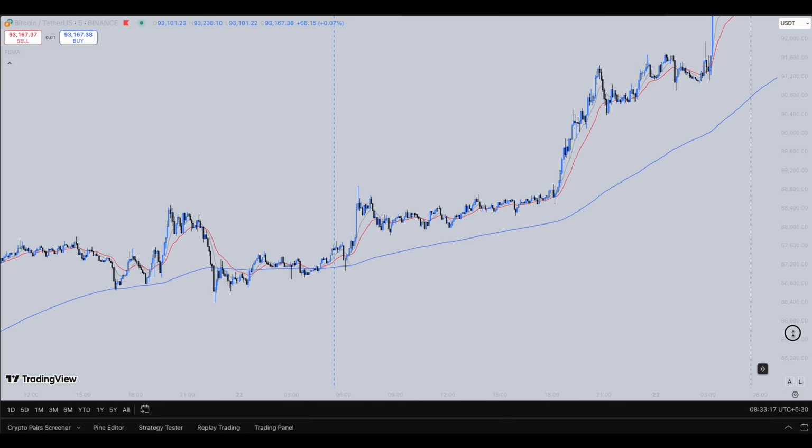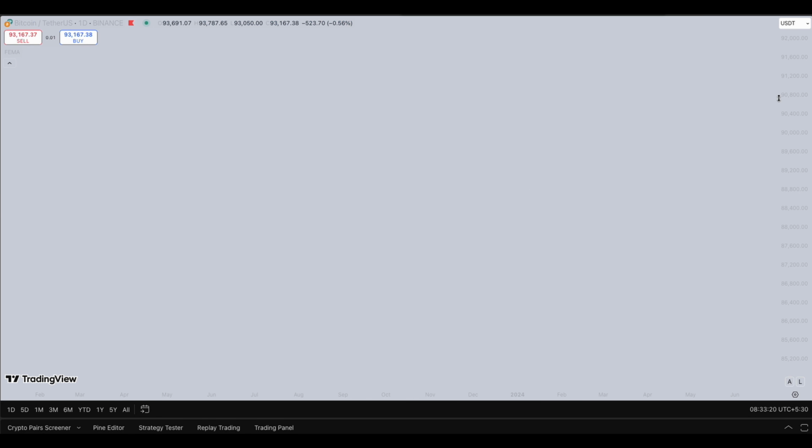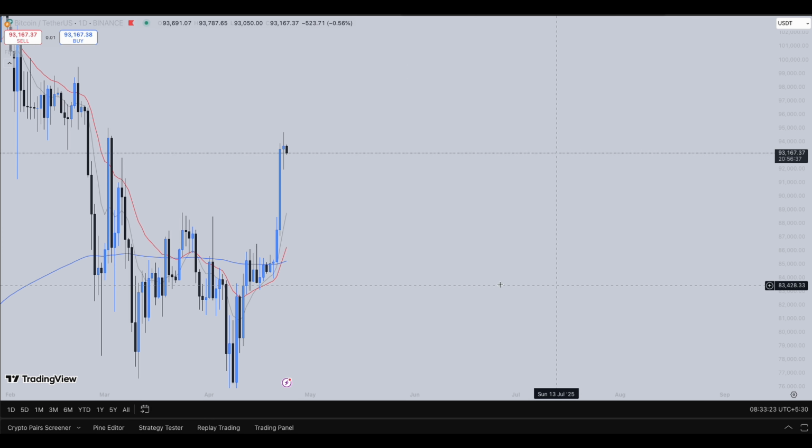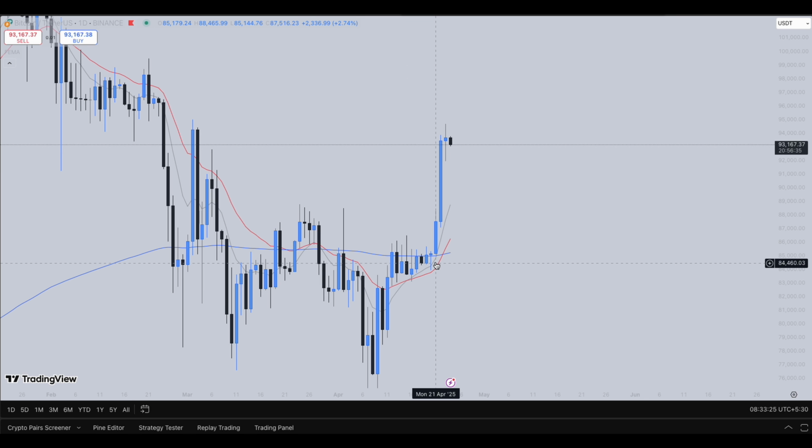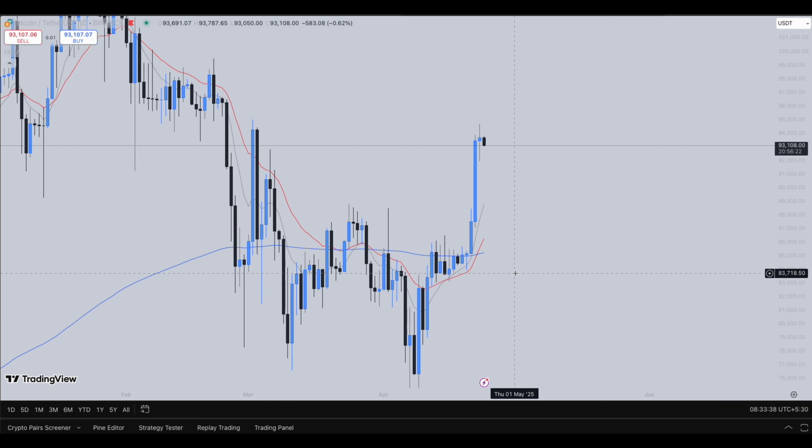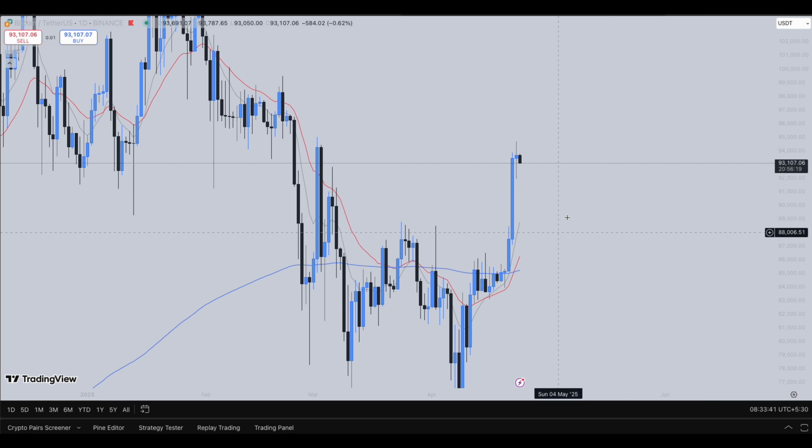So I have mentioned to you earlier, guys, if you look into a daily time frame analysis, you can see this rejection candle on 20th of April, the market rejecting price from lower levels and the 9 as well as 21 moving average, and closing above the 200 moving average, clearly signifying bullishness, guys. So what I expected, and I have told you in my previous videos, if you go and watch,